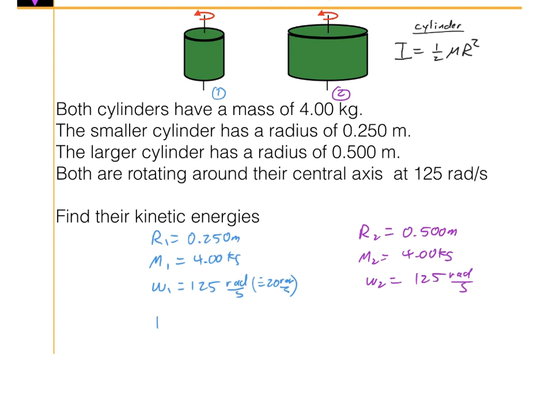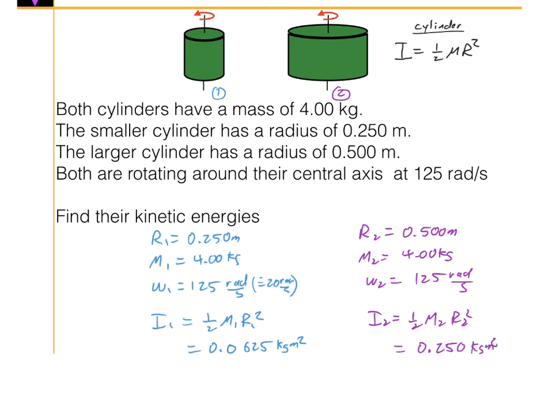So I can calculate the moment of inertia for 1. It will be 1/2 m1 r1 squared. And when I calculate, I get 0.0625 kilograms meters squared. When I calculate I2, it's the same except r is 2 times larger, so you're going to get 4 times the answer, right? When I do 1/2 m2 r2 squared, I get about 4 times the answer for 1, so it works out to 0.250